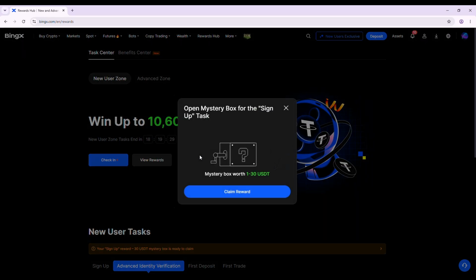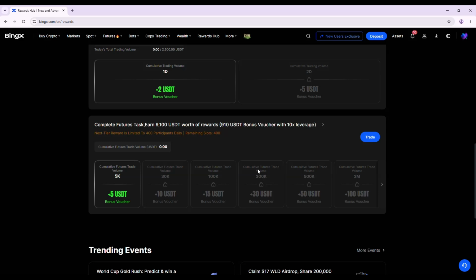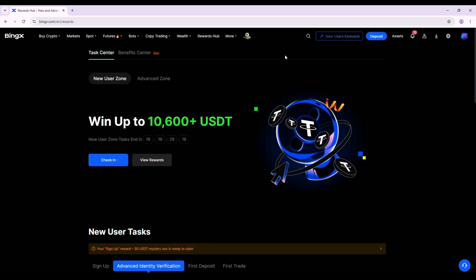CoinDCX will process your transaction, and within a short time, the transfer will start showing as completed. You will receive a confirmation once it is successfully sent from CoinDCX. Now go back to Binance and you will see the deposit as pending for a few moments. After network confirmations, your USDT